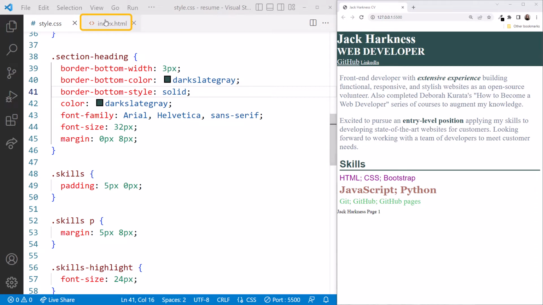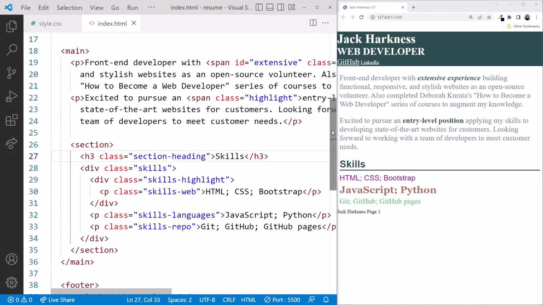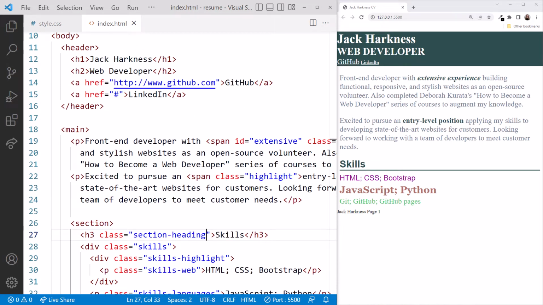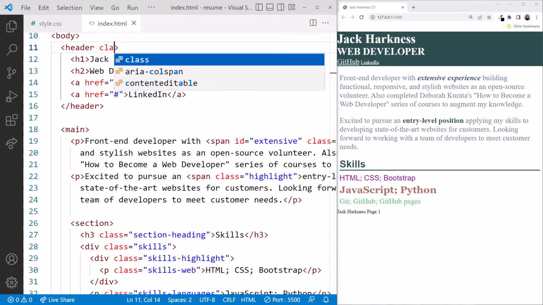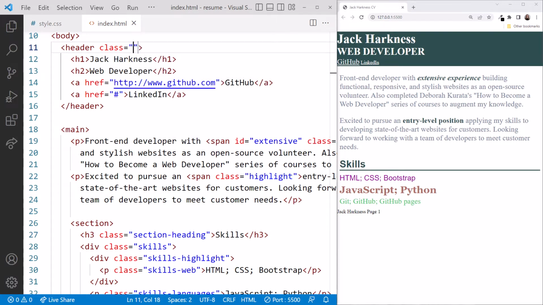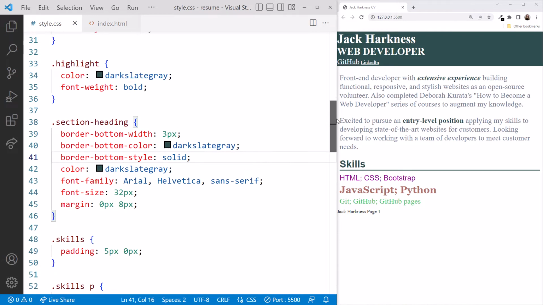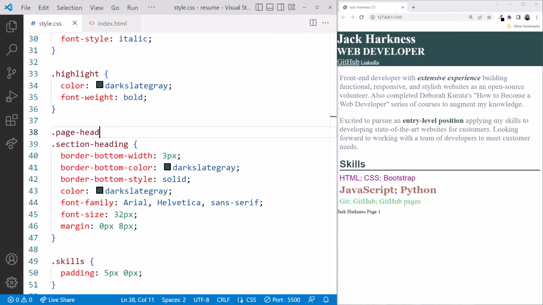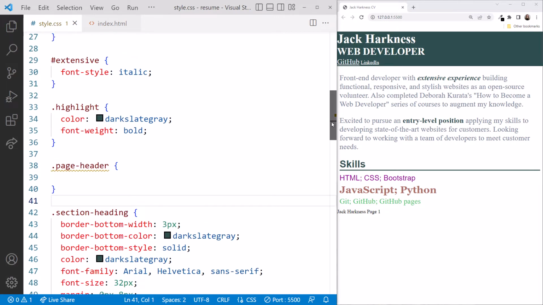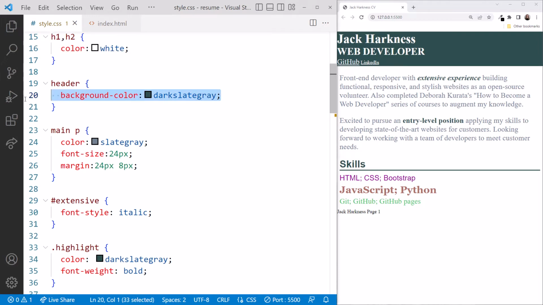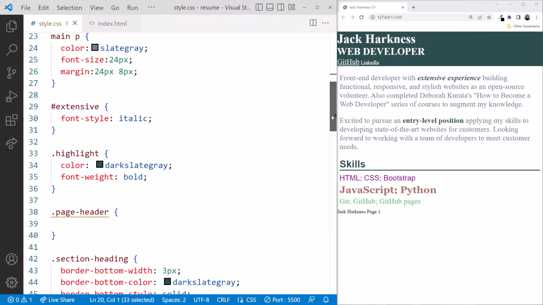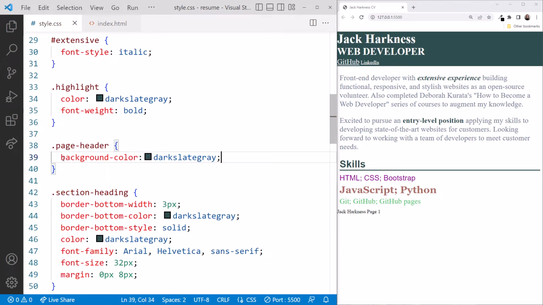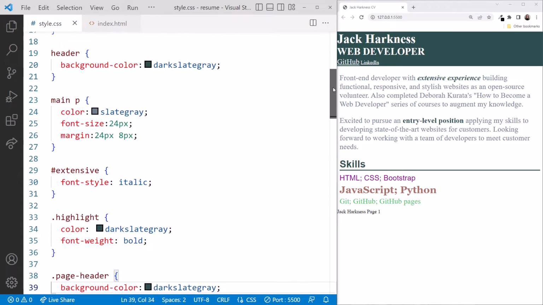In the index.html file, scroll up. We start by creating a style class for our header. Let's add the class attribute to the header element and set it to page-header. In the style sheet, we'll declare a style for our new page-header class. I'll copy the background color from the header selector, paste it into our new class selector, then delete that header